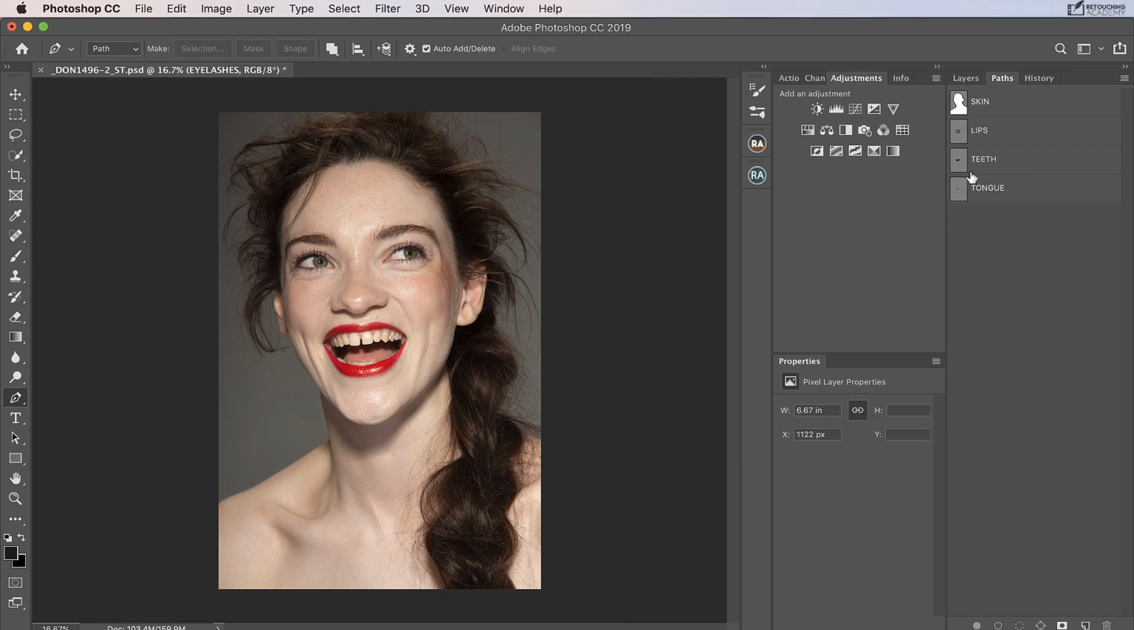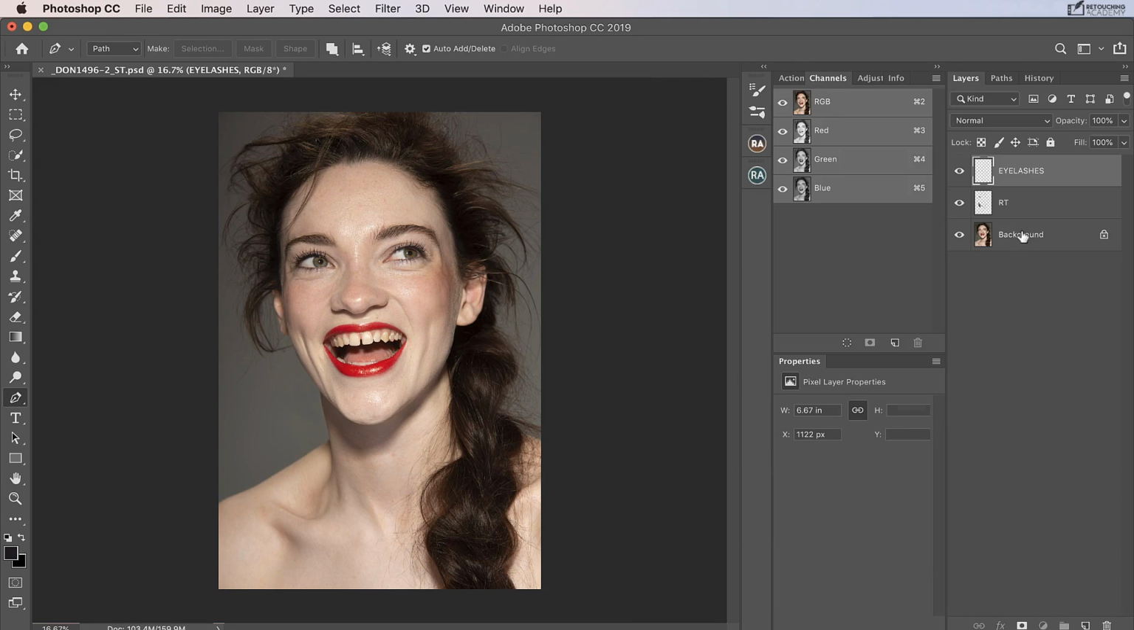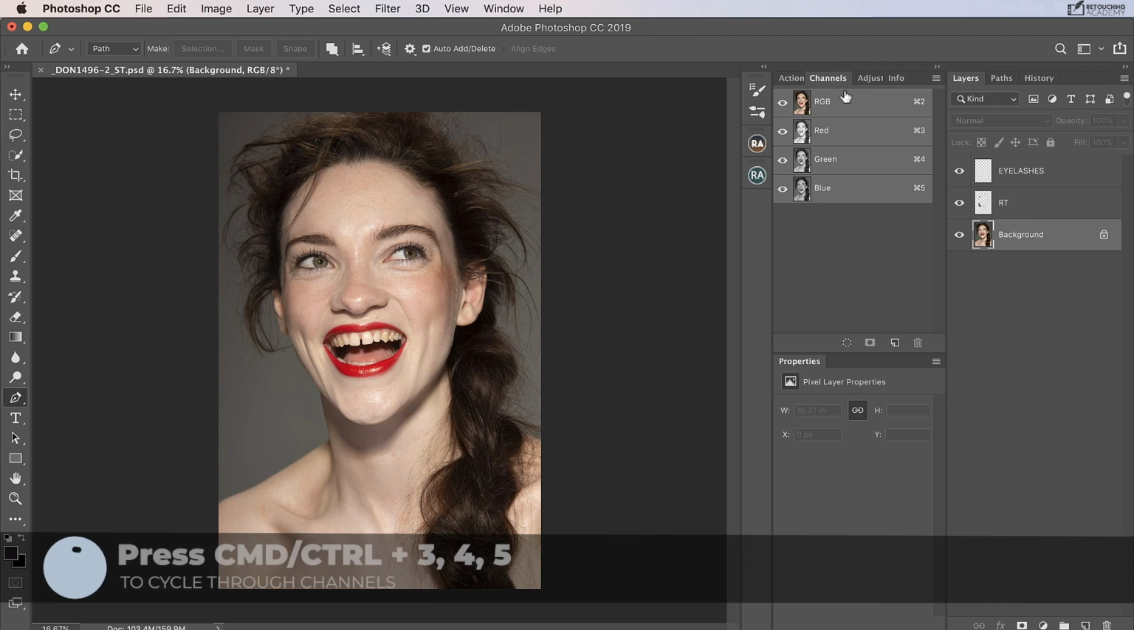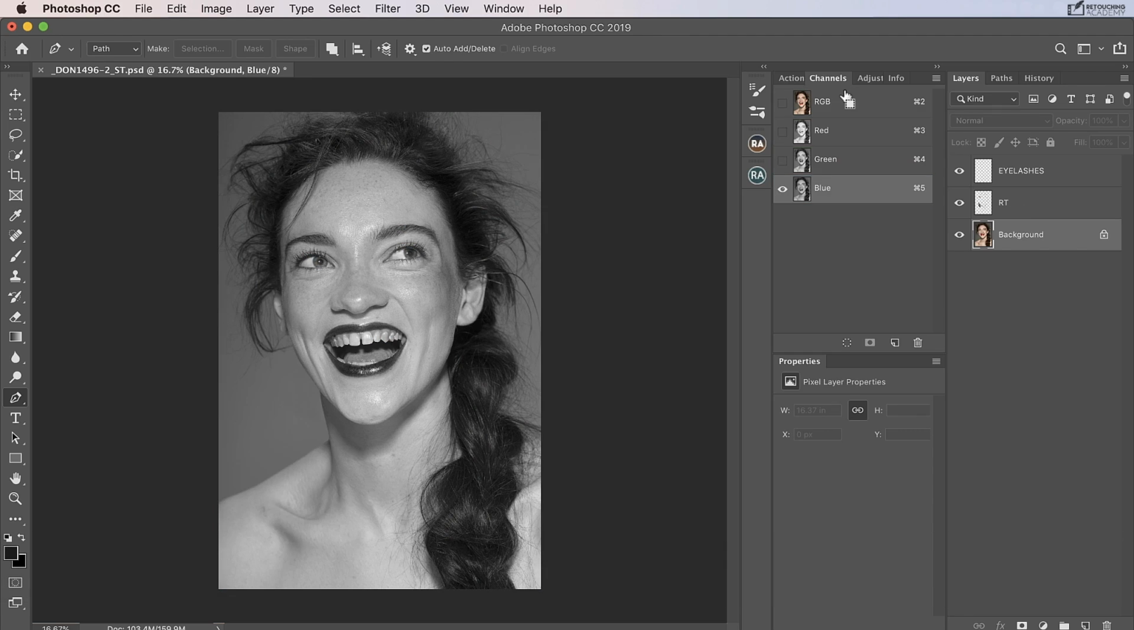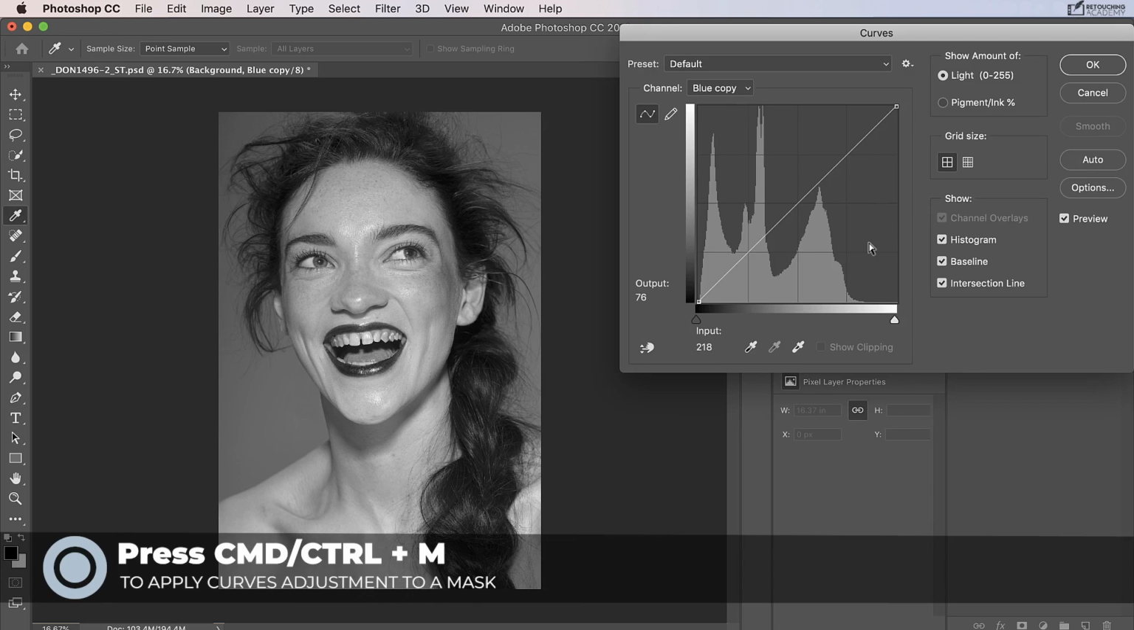I'm now going to do a channel mask for the hair. So I'm going to go to my channels and make sure I'm on the background there, and I'm going to press Command 3, 4 and 5 to cycle through the different channels. And I can see that in this image the blue channel has the most contrast between the foreground and background. So I'm going to duplicate that and press Command M to bring up a curve,